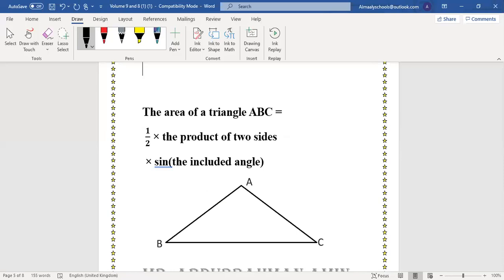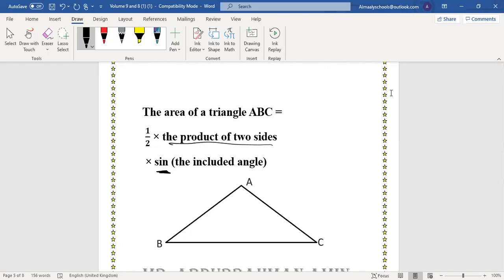The new rule of calculating the area of a triangle is half multiply the product of two sides, multiply sine the included angle. You can use your calculator to find the result. Again, the area of the triangle equals,